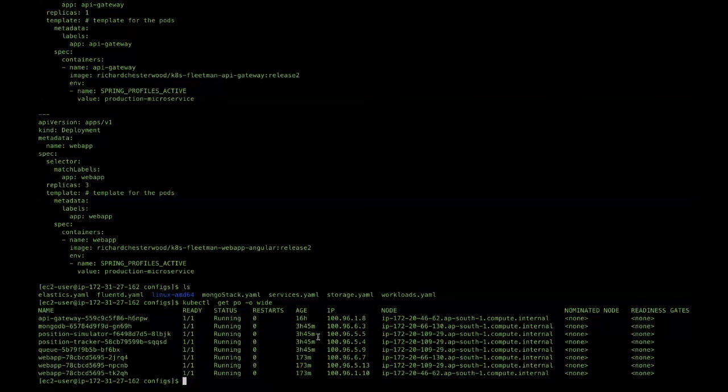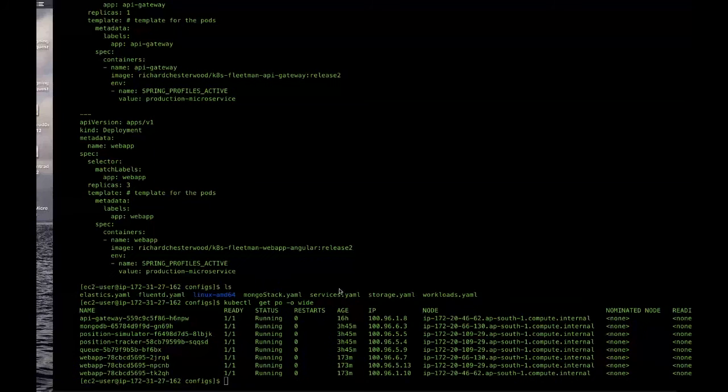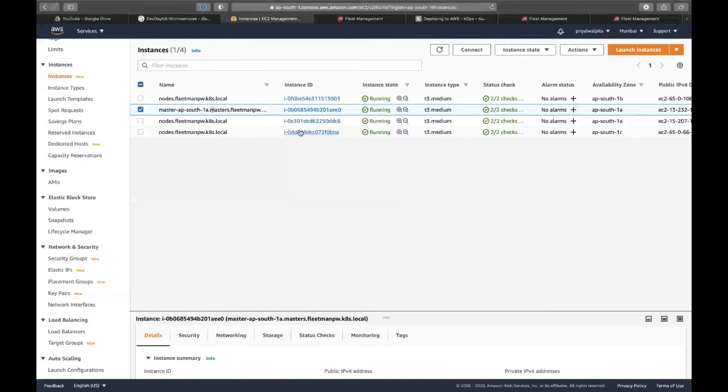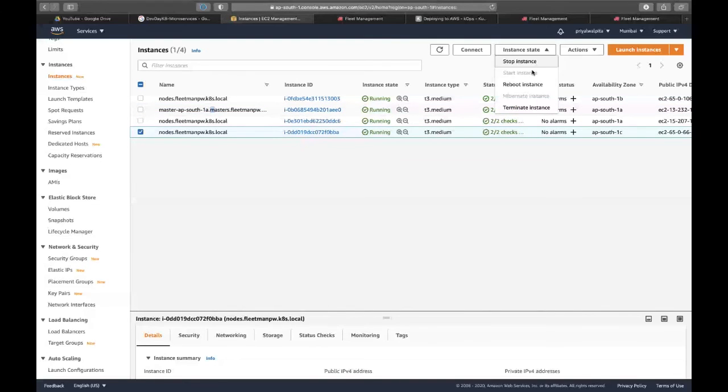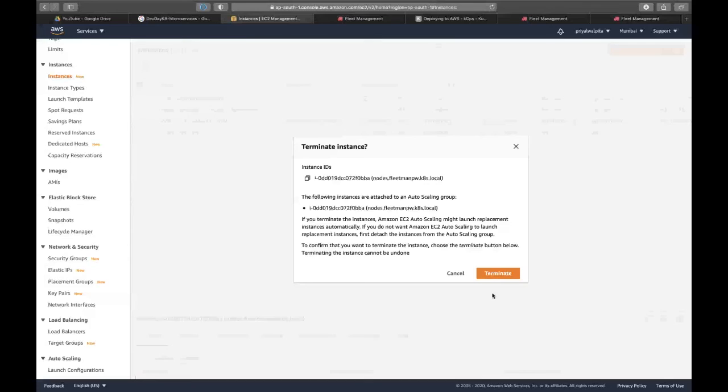Let's go to the worst case scenario. If I go back into my AWS console, one thing that can happen is there might be a crash in this node itself, this physical node. So let me crash this and terminate it, to simulate that. Now we are terminating a physical machine, which is very bad in a production environment. So let's see what is happening.